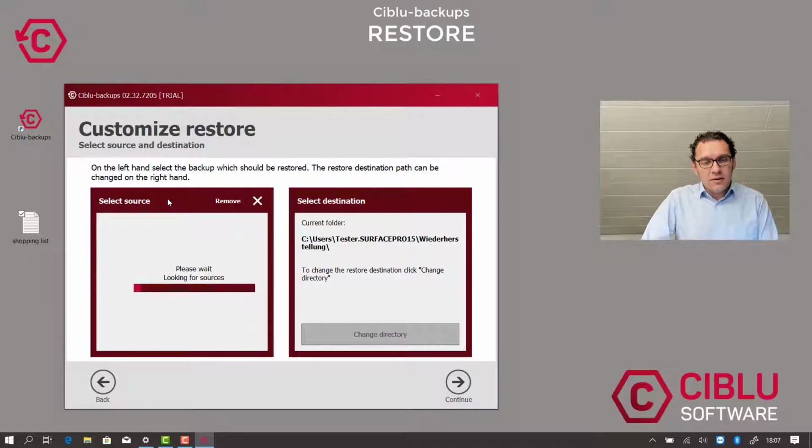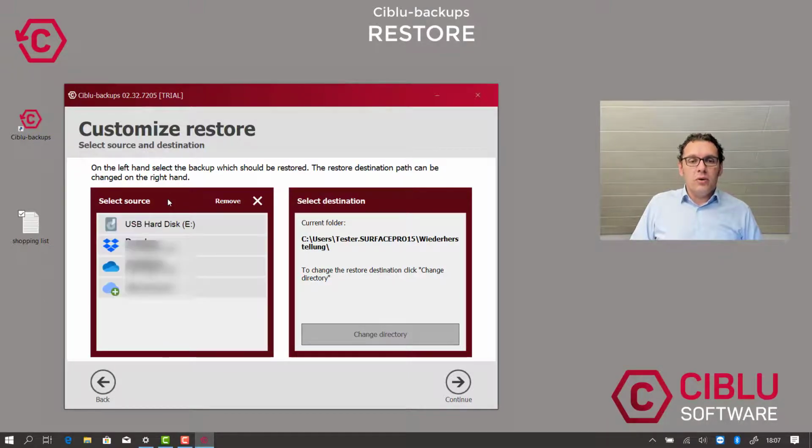Ciblu-backups is looking for the source files, as we also added several cloud accounts. This takes a short moment for the program to see if we want to restore a backup from the cloud, but we now select the hard disk drive, and